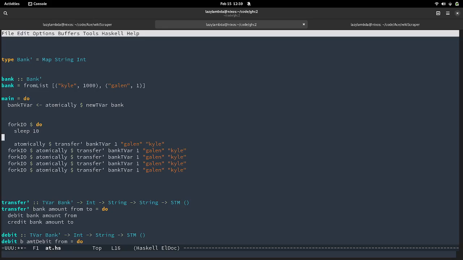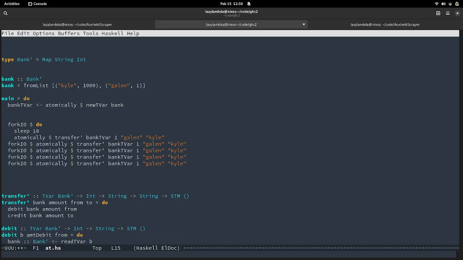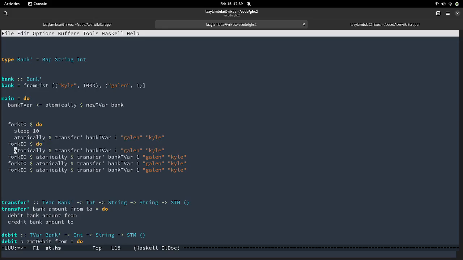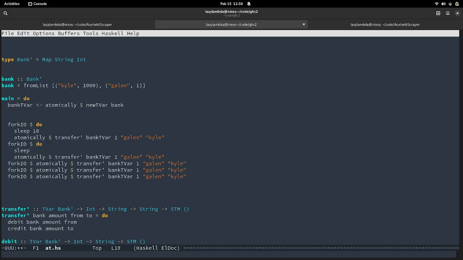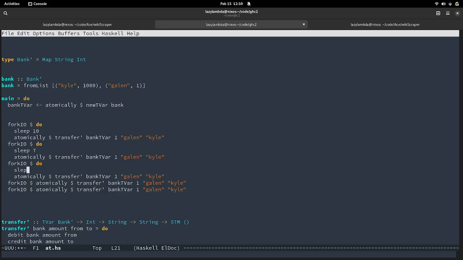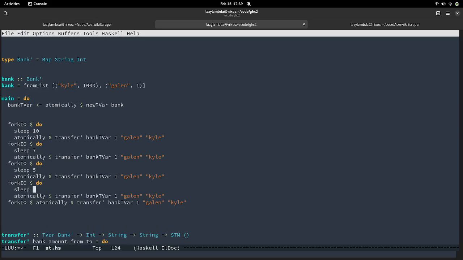Do you know? Yeah. I think I jumped ahead before. I think it would depend on the way that you designed it. Right. So everything, to my understanding, everything inside of the atomically block will effectively wait. That's a good question, actually, Galen. So yeah, okay, so adding the sleeps helps. So it would sleep 10, sleep 7, sleep 5, all of those would start at the same time.